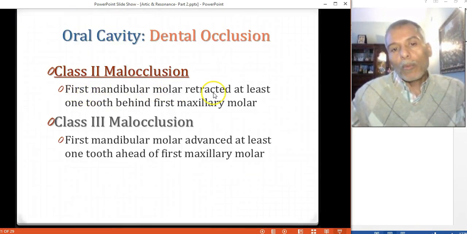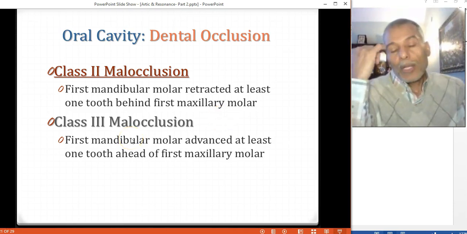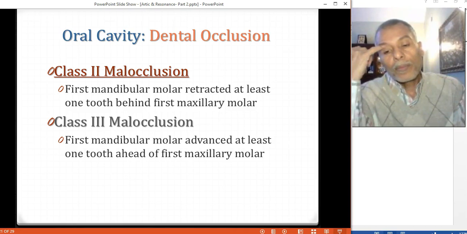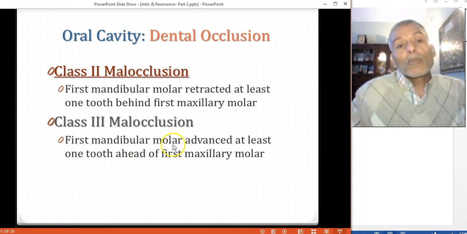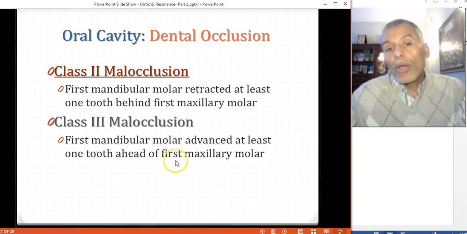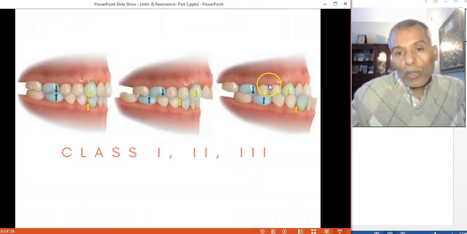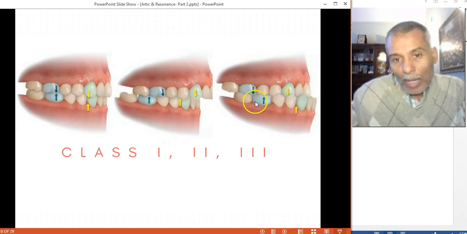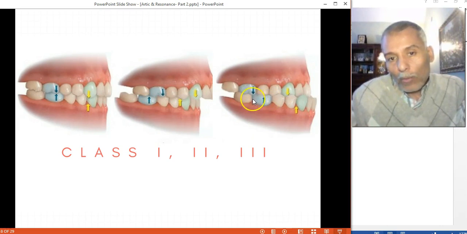So the first mandibular molar is retracted at least one tooth behind the first maxillary molar. Now, what happens when we have class 3 malocclusion? Sometimes called mesioocclusion. So the first mandibular molar again is advanced, at least one tooth ahead of the first maxillary molar. Let's look again. So here it is, the first mandibular molar, and it is pushed way forward, one full tooth ahead of the first maxillary